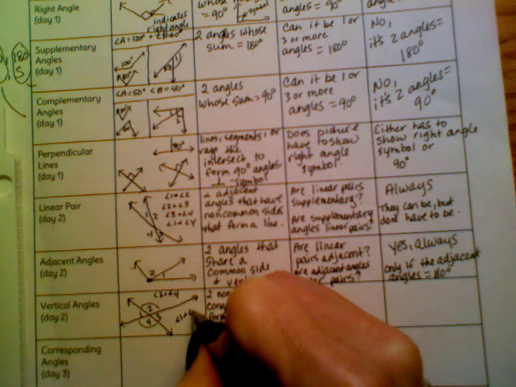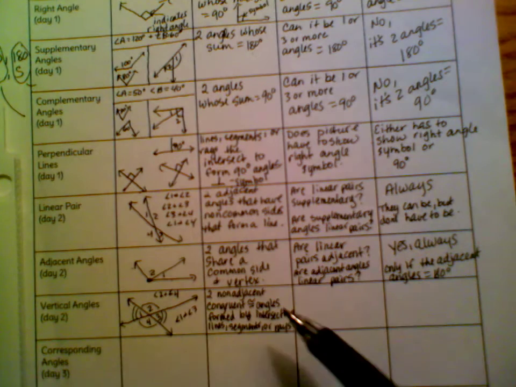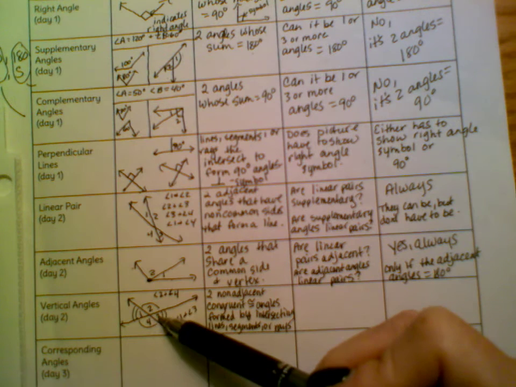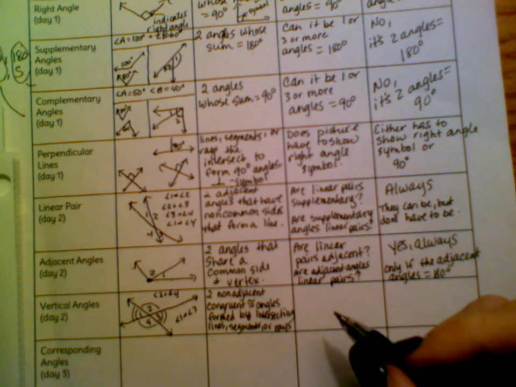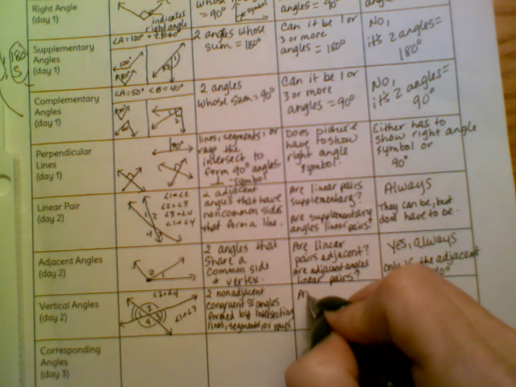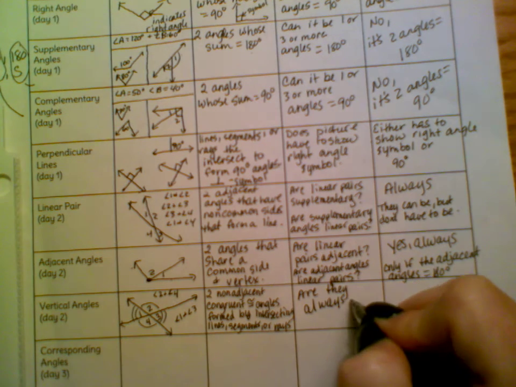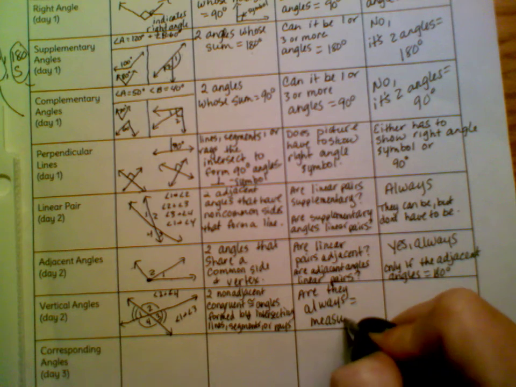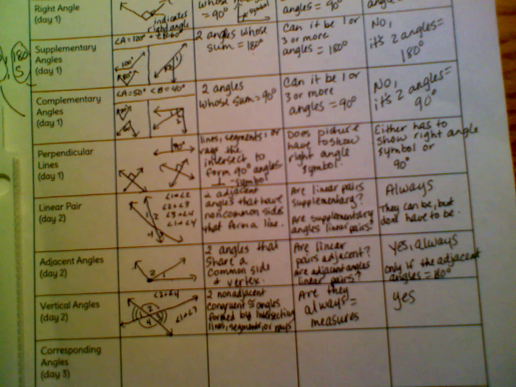Angle 1 and angle 3, so I'm going to put 2 marks there. Those two would be vertical. So if I told you the angle measure of 3, the angle measure of 1 would be the same. So possibly a question is, are they always equal measures? And the answer is yes. Vertical angles always have the same measure. Okay, that's the end of the